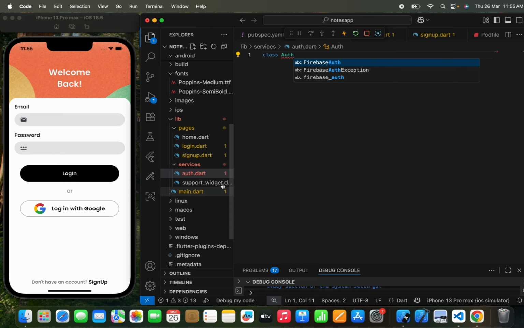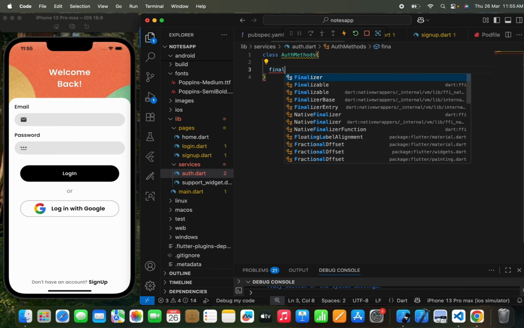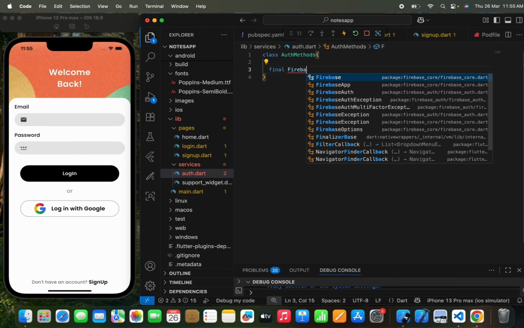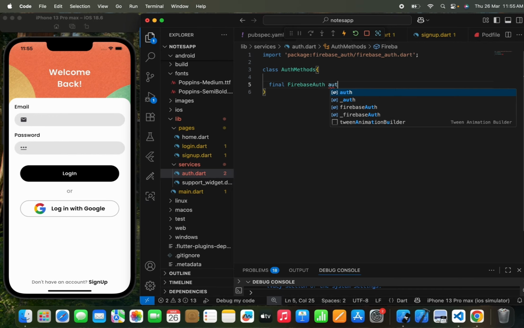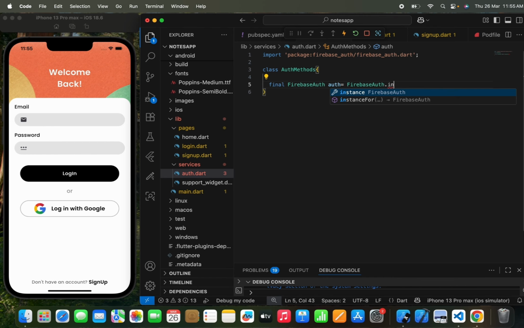The same thing that we have done in our support widget, right? So I just need to write AuthMethods, and then I need to write final FirebaseAuth auth is equal to FirebaseAuth.instance. So we are just handling Firebase authentication, so we need to add this line,